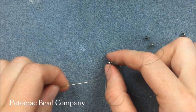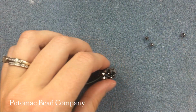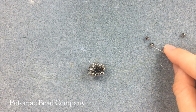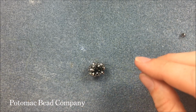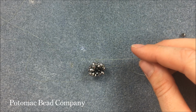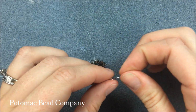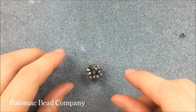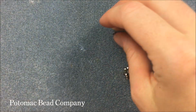Once those are done, I know that I need to add 2 more beads. And we're almost done with our base. So I have 2 more of those crystals on. Needle that's on the left-hand side, coming to the right. That needle that is now on the left-hand side, because I only have 1 crystal left,